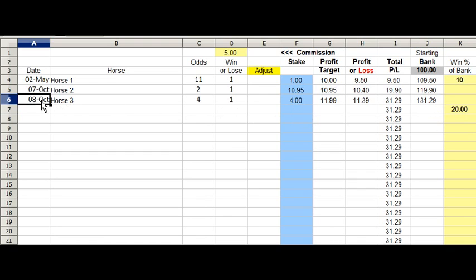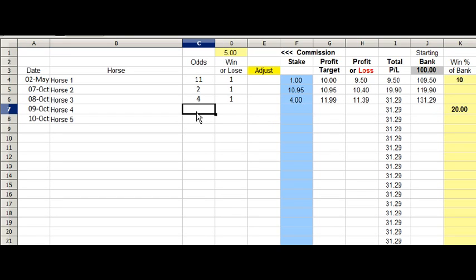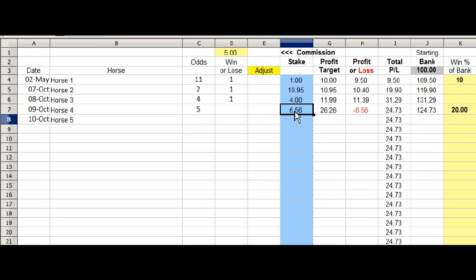So put another one in, date and a horse, and maybe odds of 5. Now we'll be looking to win 20% of 131.29, and that would need a stake of £6.56, and that would win us £26.26. If that loses, we lose our £6.56. If it wins, we win our £26.26 less commission, and that is added on to the bank,